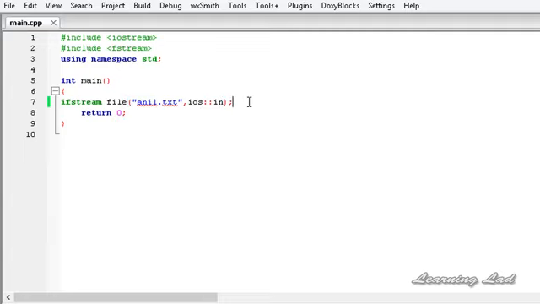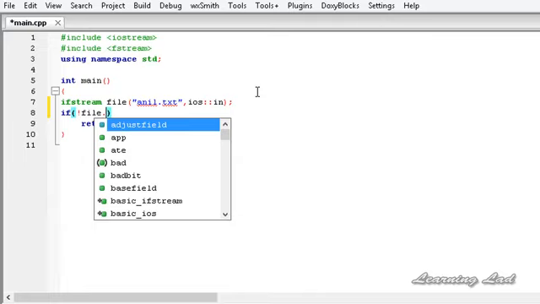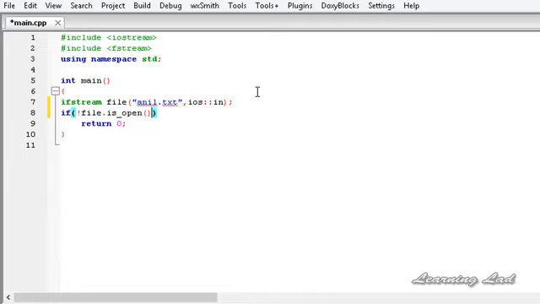Next, we're going to check whether the file has successfully opened or not. So it's going to be if not file.is_open, we're just going to say error,